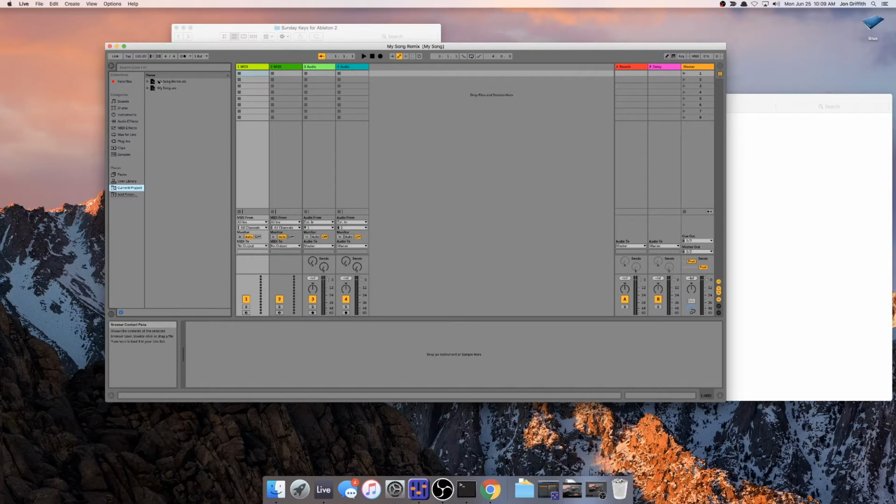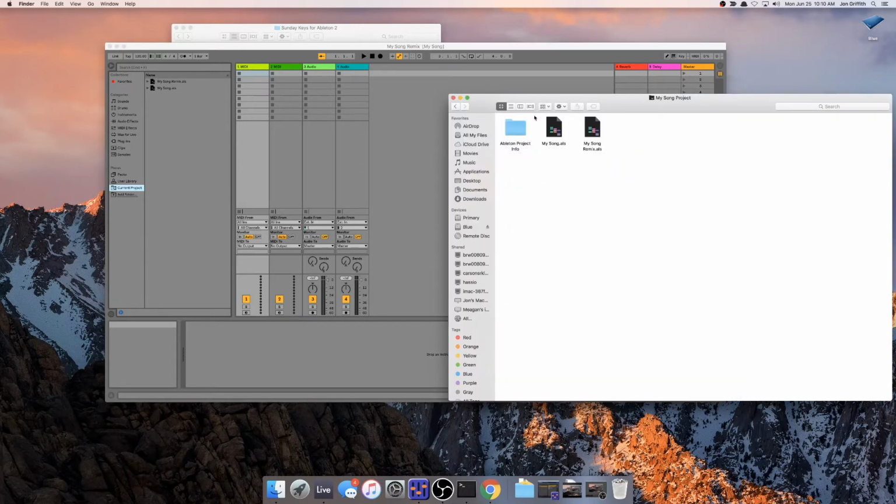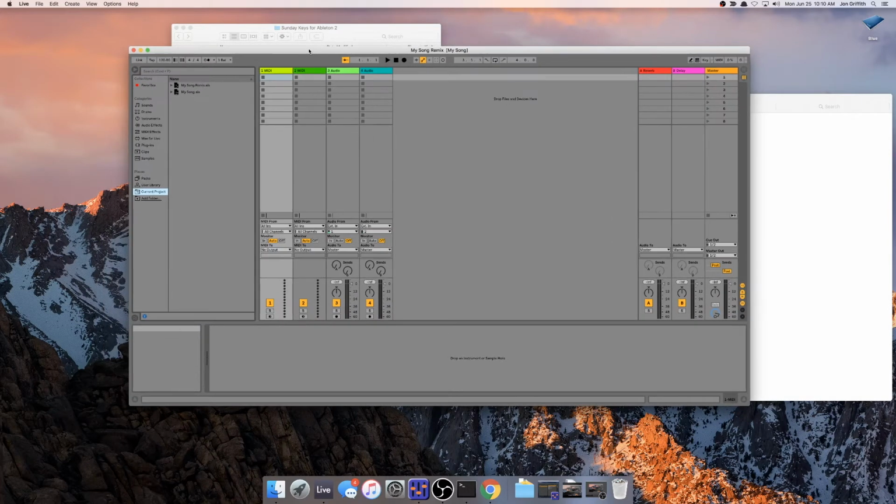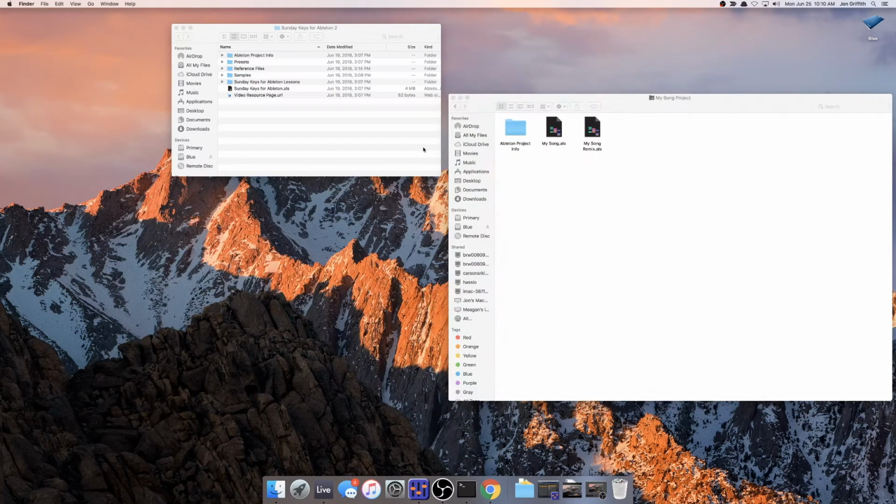Now you can see up here I've got my song remix and my song, and they're both sitting in that project folder. And so now you can see at the top it says my song remix is the set that I'm working on, and my song is the project. So that should give you an understanding of the hierarchy of the files and folder system. So let's go ahead and shut down Ableton, and I'll delete